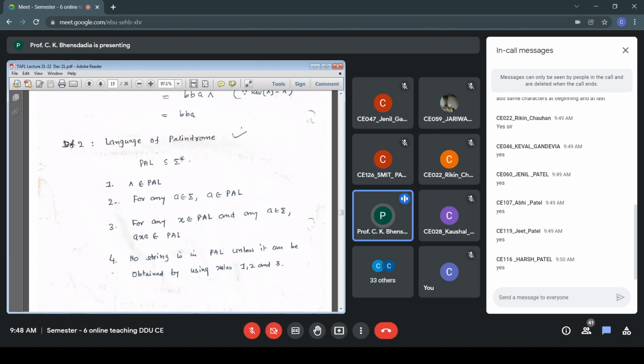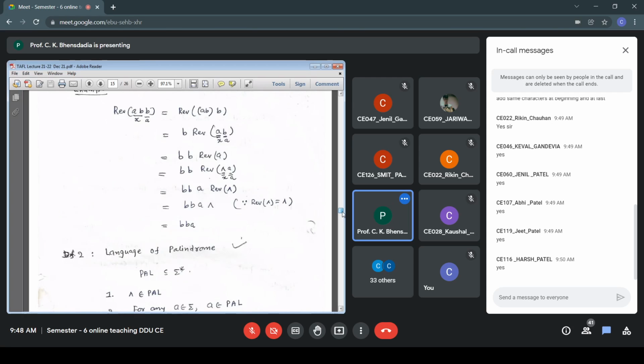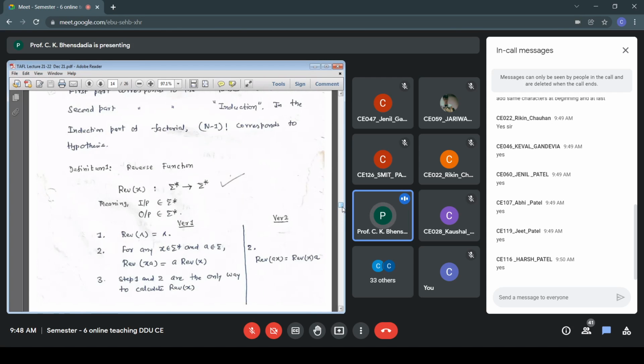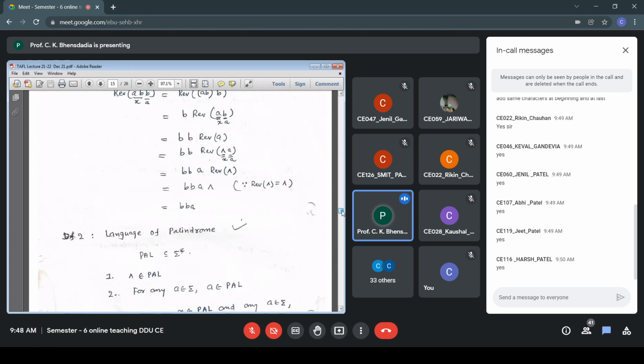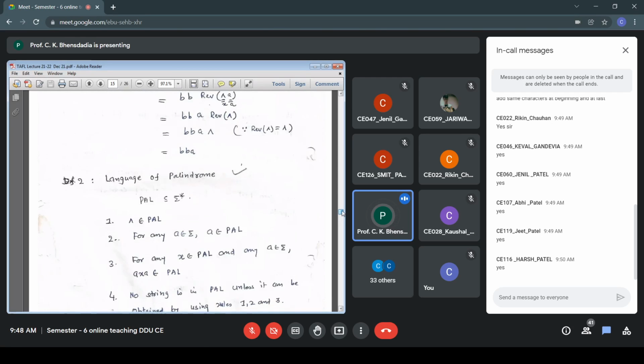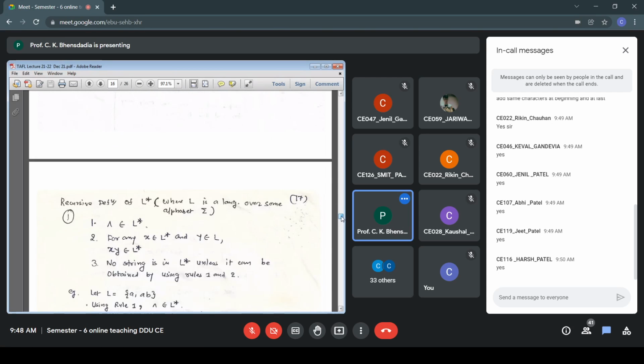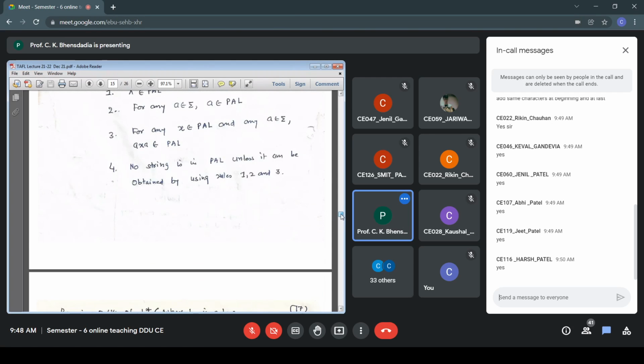The definition of reverse could be either version. We have defined 2 versions. You can take any one of these versions for reverse, that is fine. And that is the second definition of the language of palindrome, but it is non-recursive. That is not a recursive definition. With that point, now we define